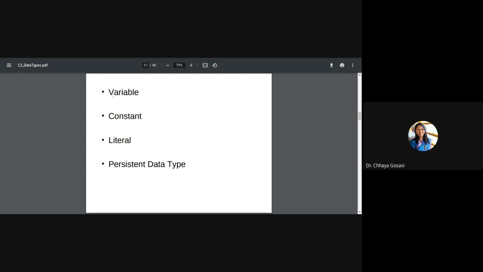So we are talking about variables, constants, literals, and data types. So what is a variable? Name given to a memory location. What is a constant? The constants that we use in our program. For example, you define max is equal to 100, or you define pi is equal to 3.14. That constant numerical value in your program is called a constant. Or the variable which will hold the same value throughout the program execution. So max is assigned 100, and whenever you use max, max is replaced by 100.